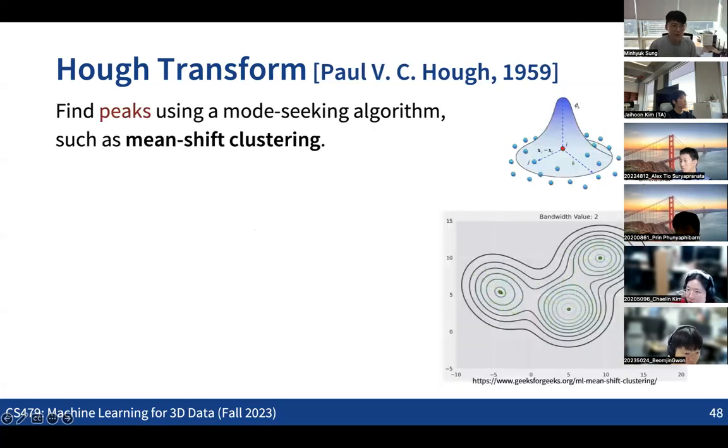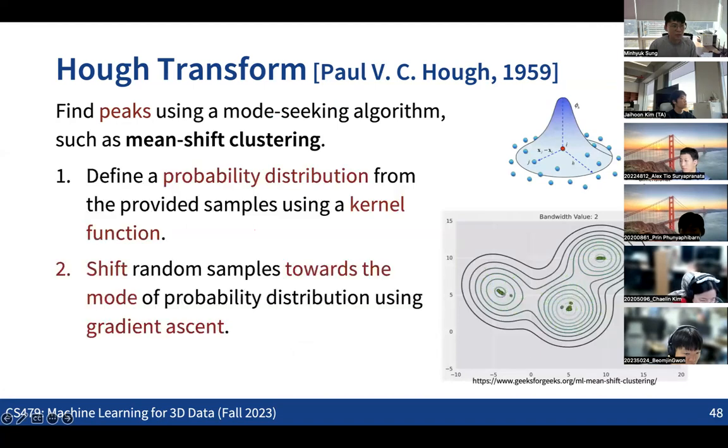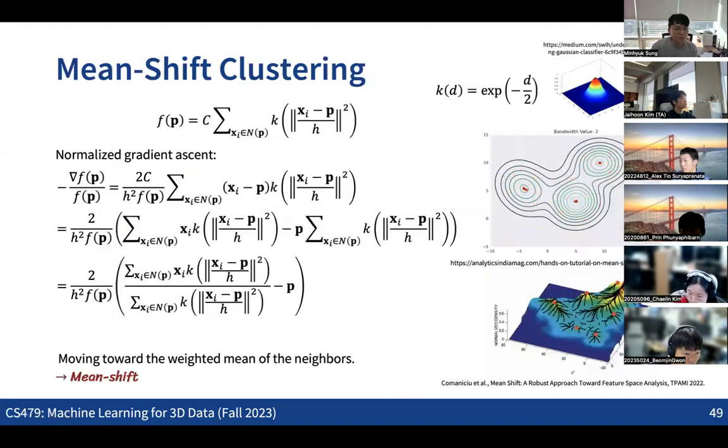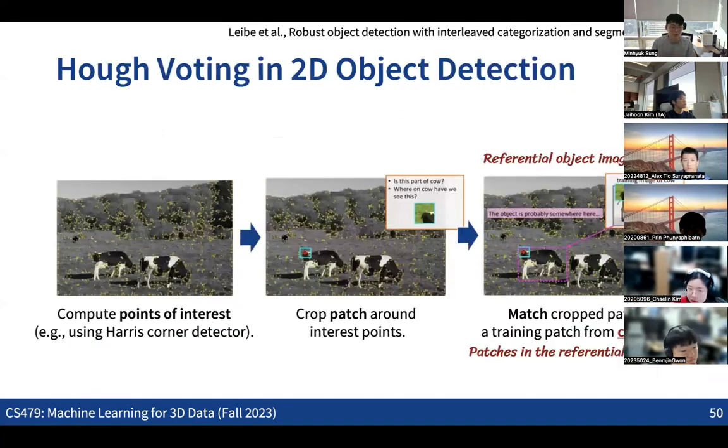So actually, there are many generalized forms in terms of how we apply this Hough transform to many other kinds of problems. There are also some examples of applying this idea to object detection as well. This is also kind of an old work, applying the Hough transform, the Hough voting, to object detection, which is not based on a neural net, but just uses some simple ideas. So what we can do is first assume that we have some kind of code book for the objects.